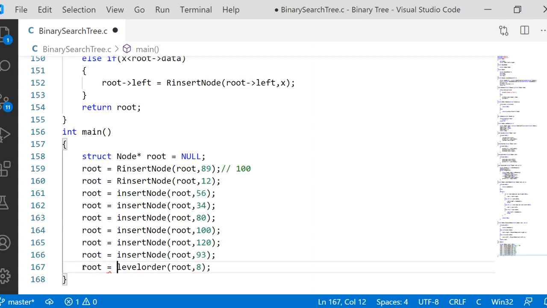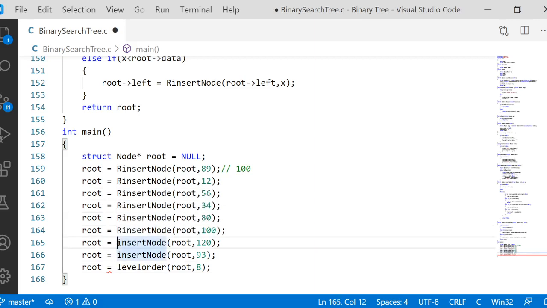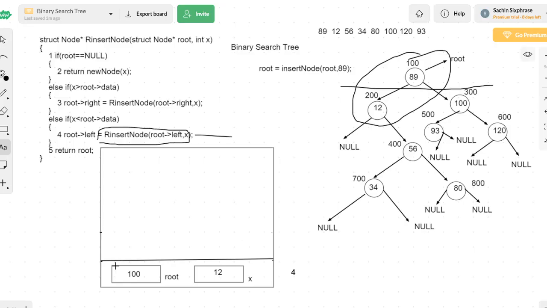Okay, we will test this later, but let us change everything into the recursive insert node function. Okay, fine. Now coming here again. So after the return root statement is executed, what will happen? When the return statement is executed, that corresponding activation record will be deleted from here. Okay, fine.